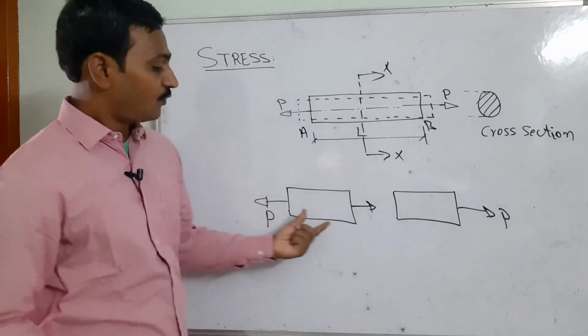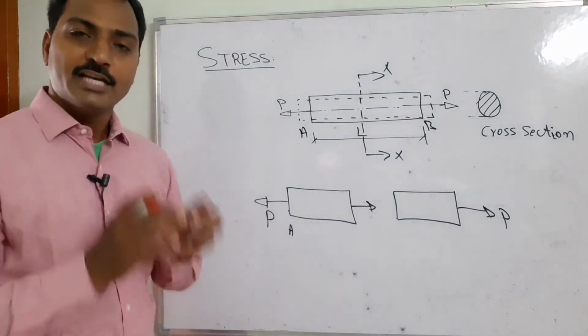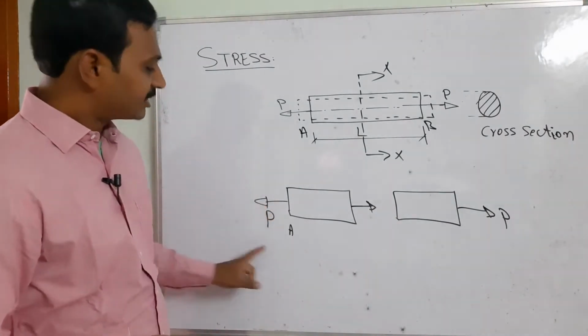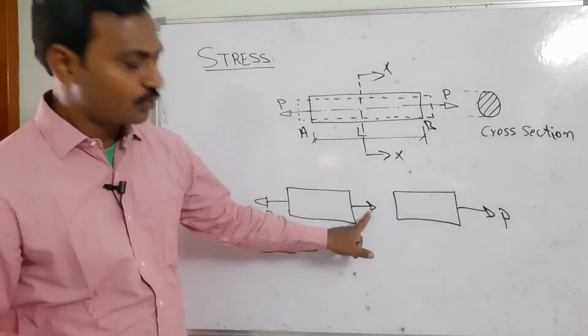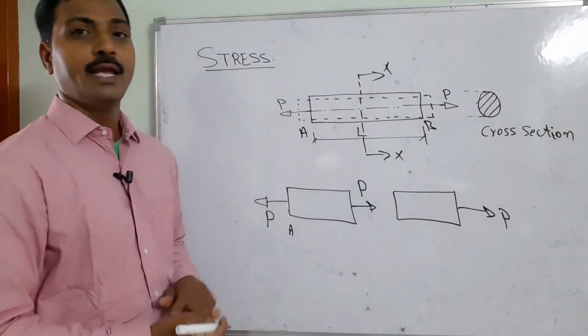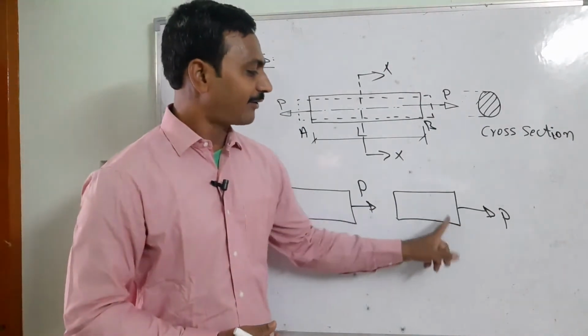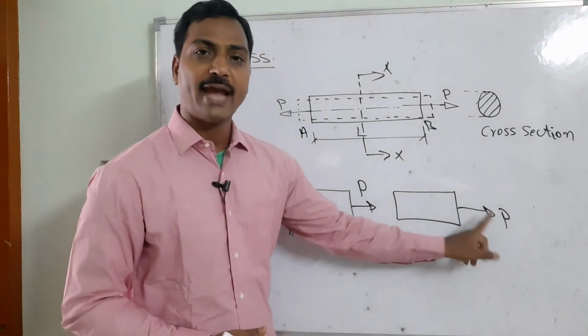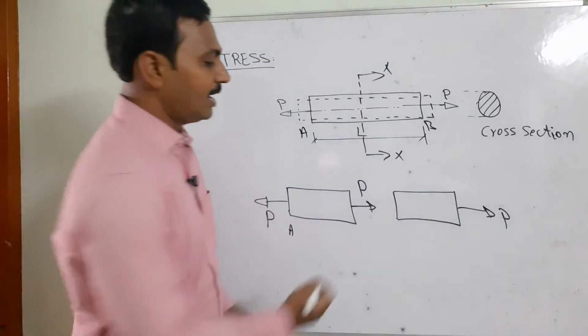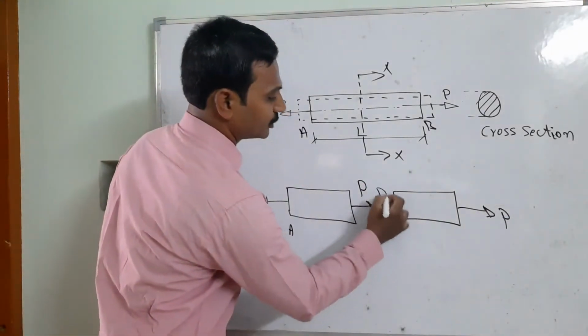It means if you want to keep section A specifically in the equilibrium condition, then whatever external force is acting here, the internal forces must also be developed by the same amount. That's going to be the P. And similarly, for the right part, the force P is going to be acting towards the right side.